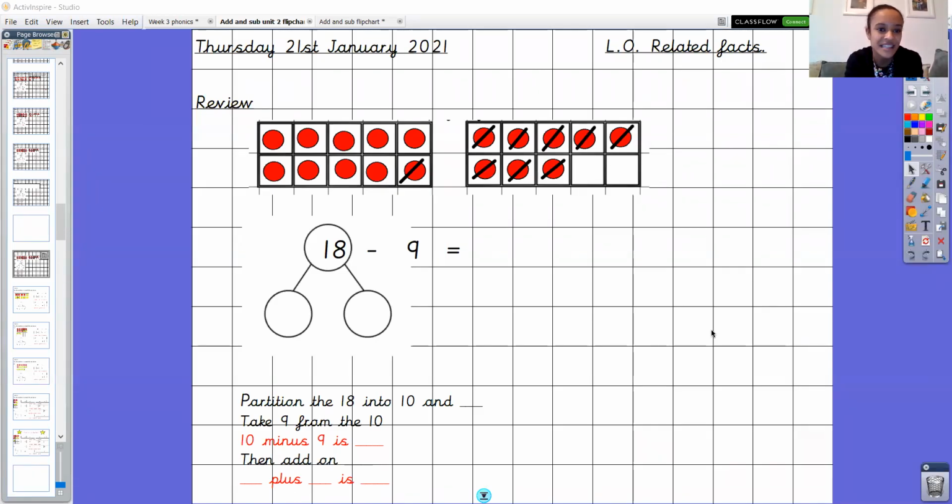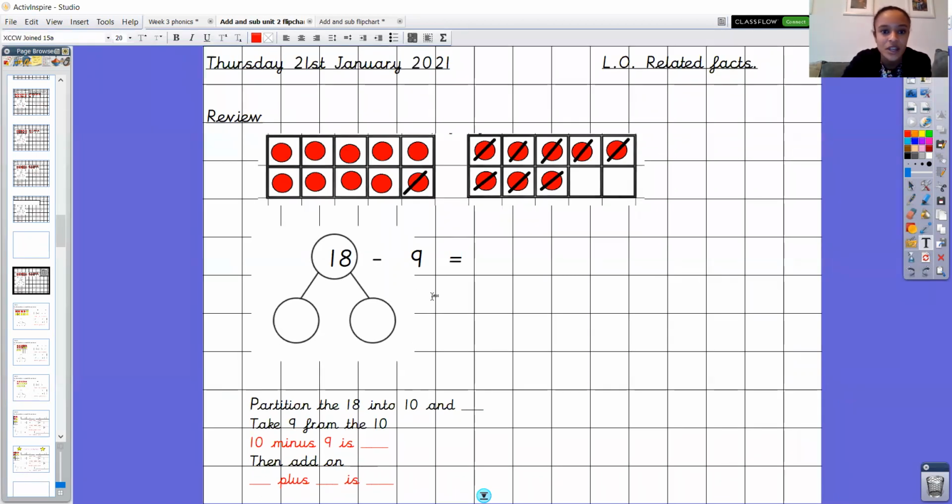So to start off our maths lesson today, a really quick recap of what we've done for the last 2 days. So we've been subtracting, crossing 10, and we've been using partitioning to help us. So I'm just going to talk through this one because I know you've had lots of practice. So we wanted to find out the answer to 18 take away 9. So first job is to partition this 18 into its 10s and 1s, which is 10 and